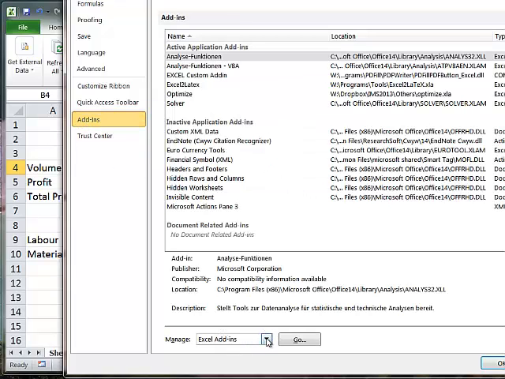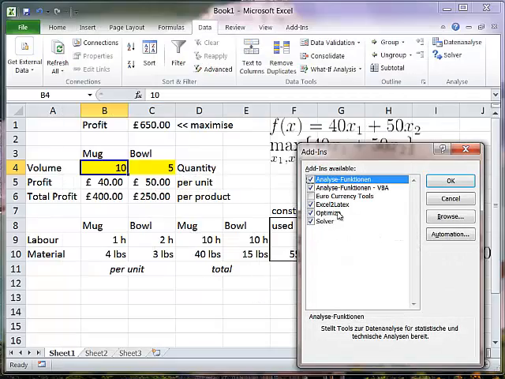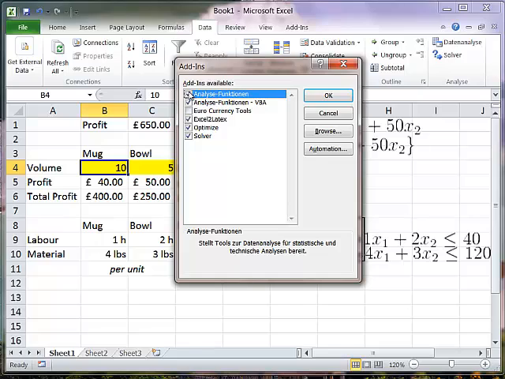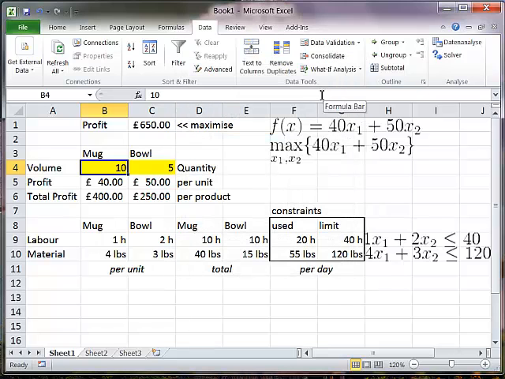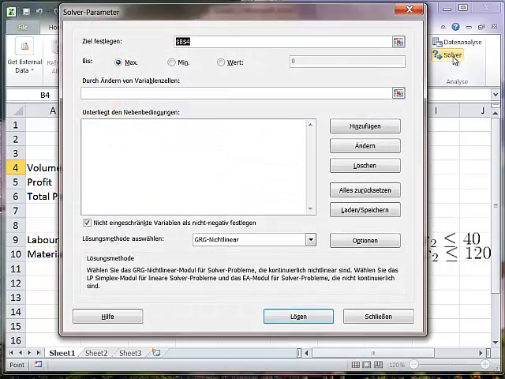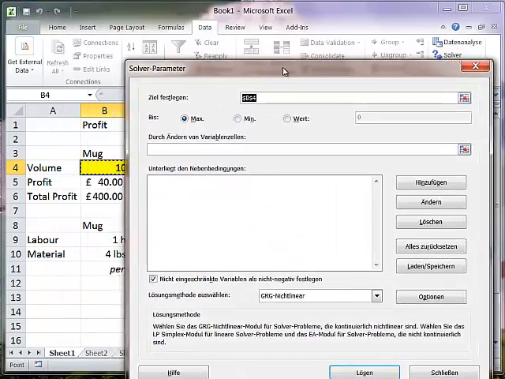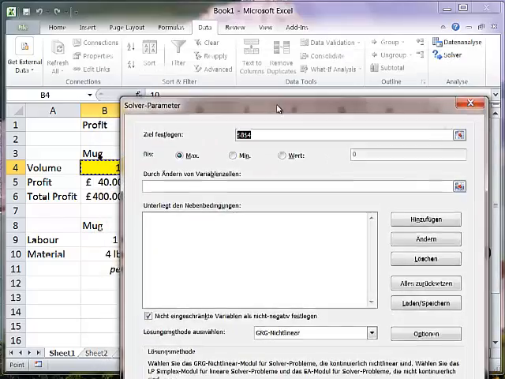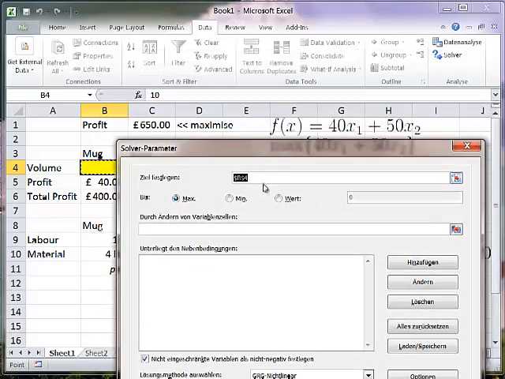then at the bottom you see Excel add-ins and say Go. Now you're very happy because you have got here the analysis function, probably written in English, and the solver, and you just tick these two. Well, actually, for this computer lab session you only need the solver. Later you will need the analysis functions as well. And click OK. So now you should have the solver in here. Okay. Now, yeah, English language would be better. Anyway,